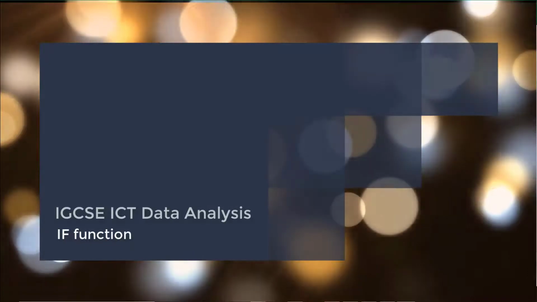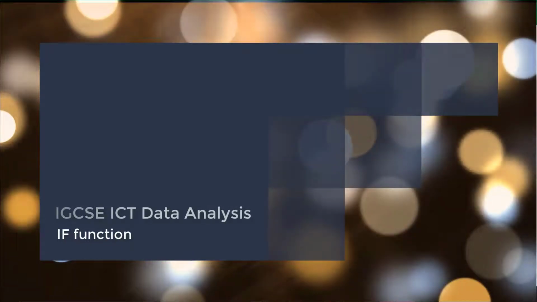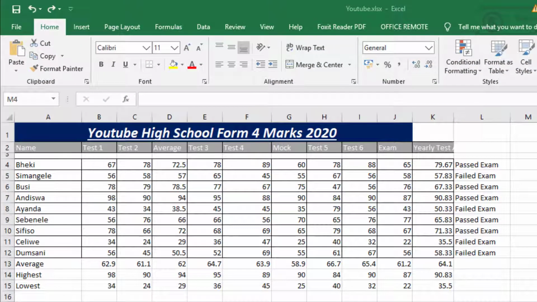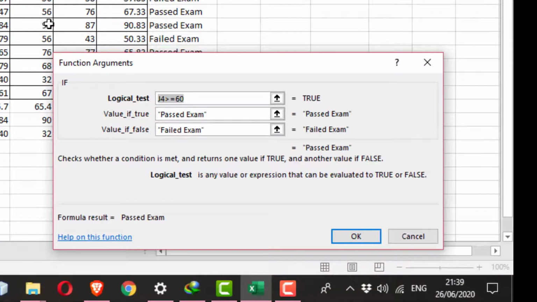Okay, in our last video we looked at the IF function of our IGCSE ICT syllabus data analysis. Today I want us to look at nested IF functions. Let's say, for example, as we saw last time, that the IF is quite limiting because